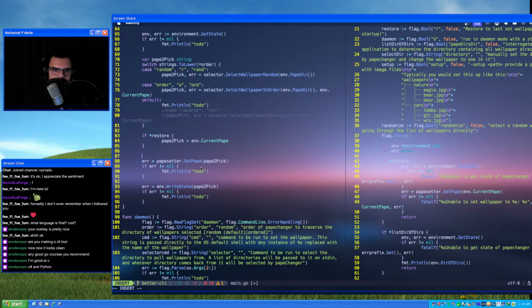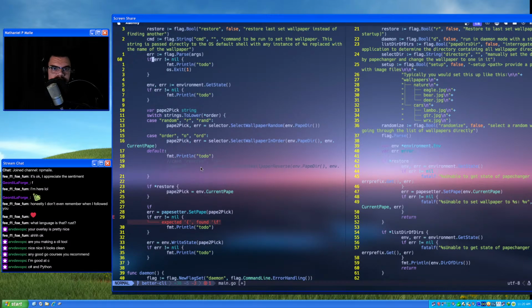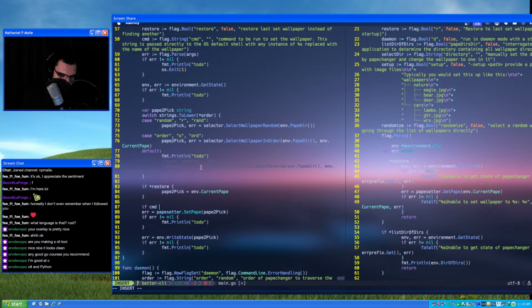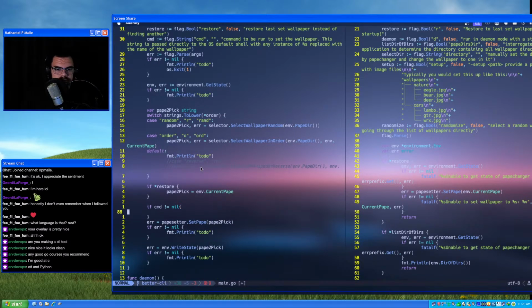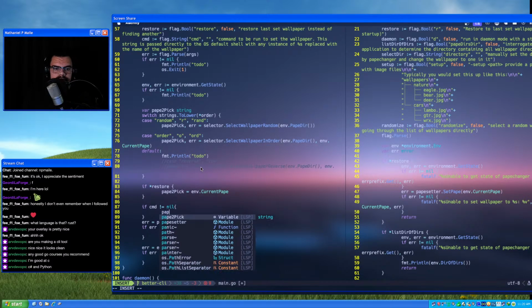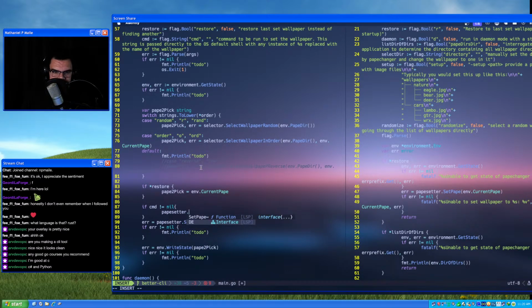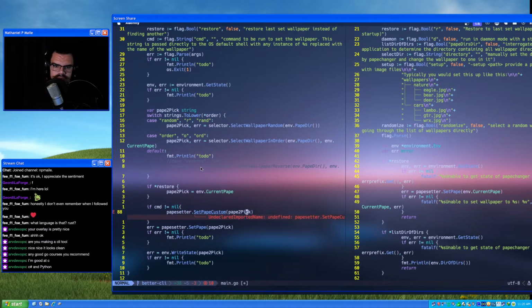So I'll say if, let's see, cmd is not equal to nil, pape setter dot set pape custom. And of course that doesn't exist, but we will write it.